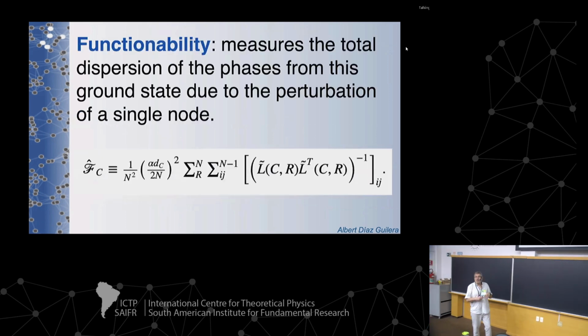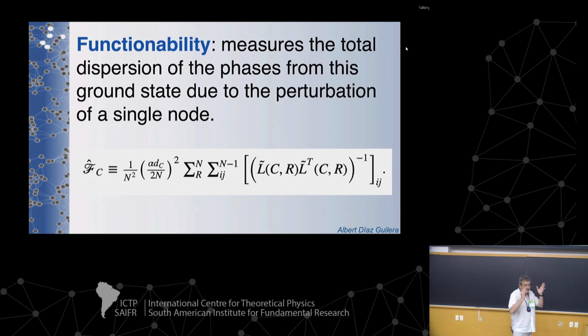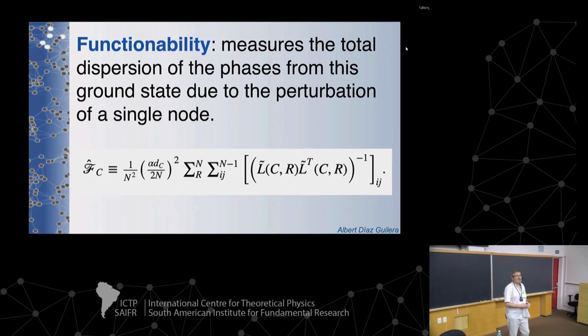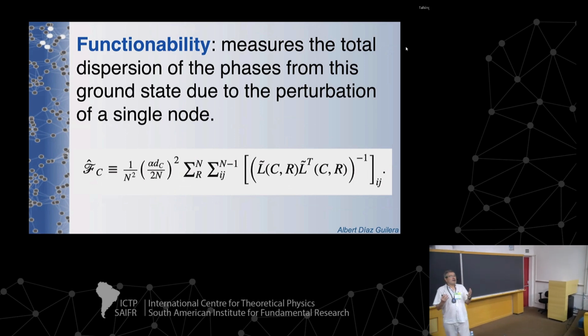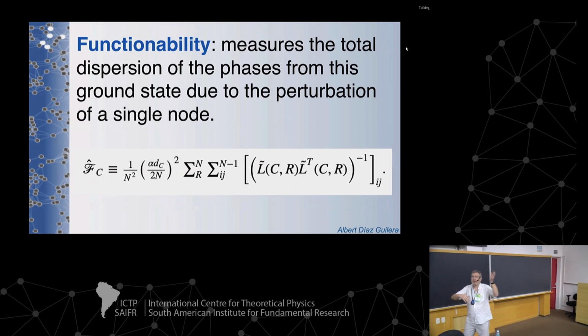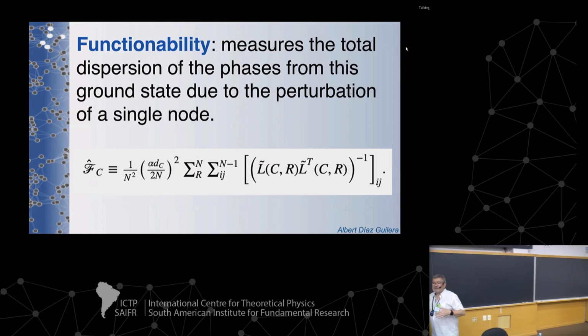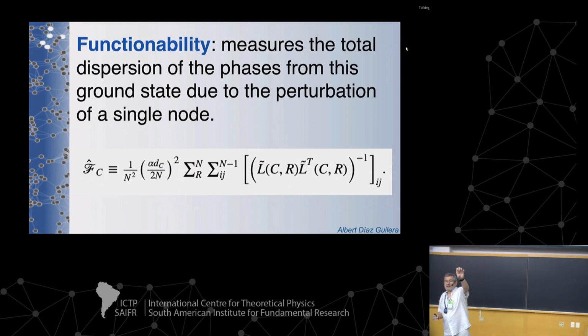And it was this idea in the PhD thesis by Gemma, and we were exploiting it, and for instance, we were finding a very nice property, which we were calling functionability. Okay, so you know that physicists, we are very good at naming. And then the idea of this functionability is: you have a system in which you have frequencies, couplings, and different properties, and then you take a single node.